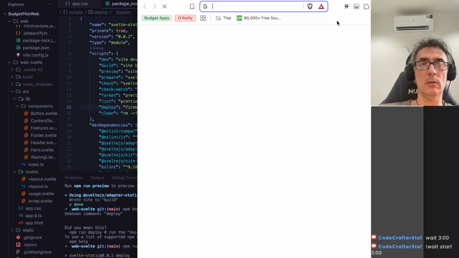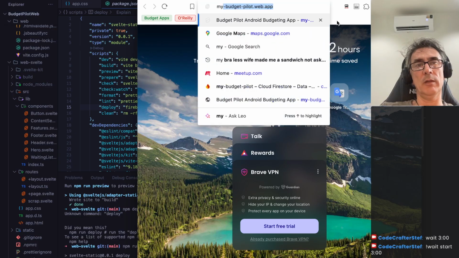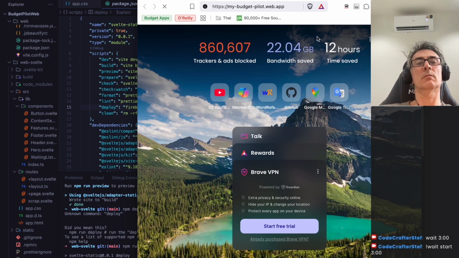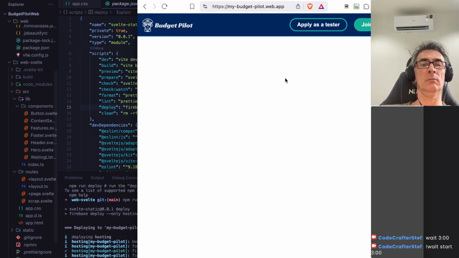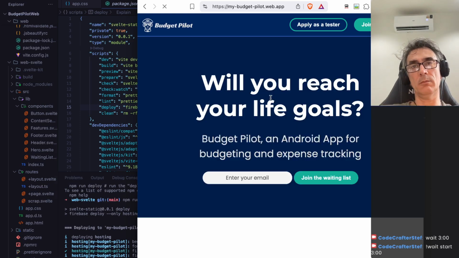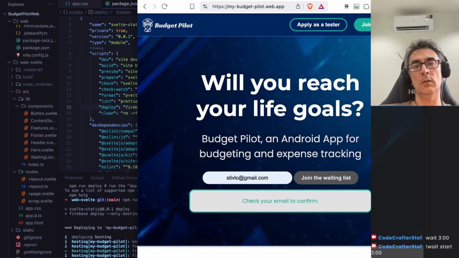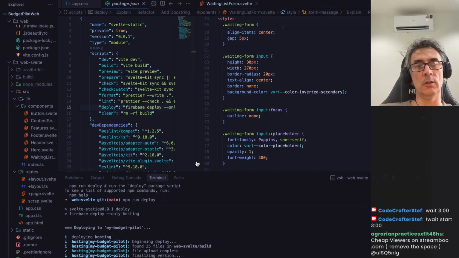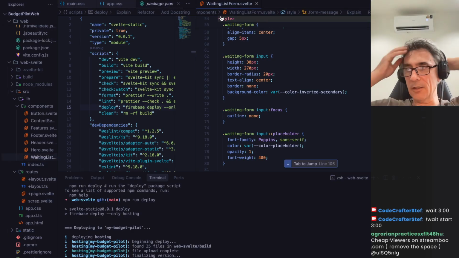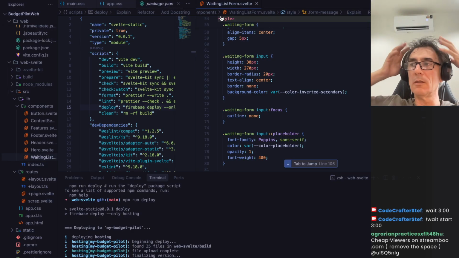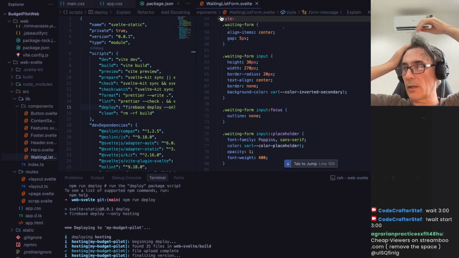here as I go to my budget pilot. If I reload the page, okay, I have the hero section, which works. Fantastic. So now we want to invoke the cloud functions. Invoke the cloud function